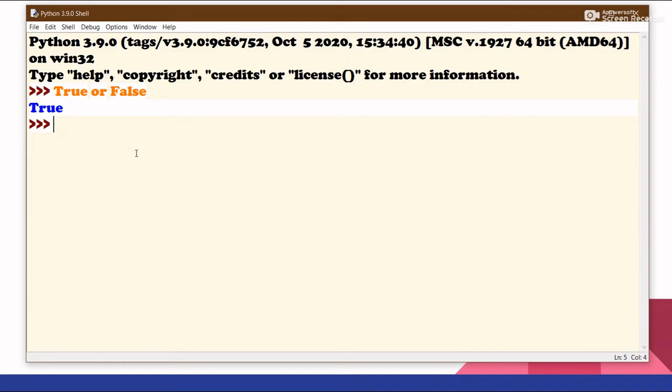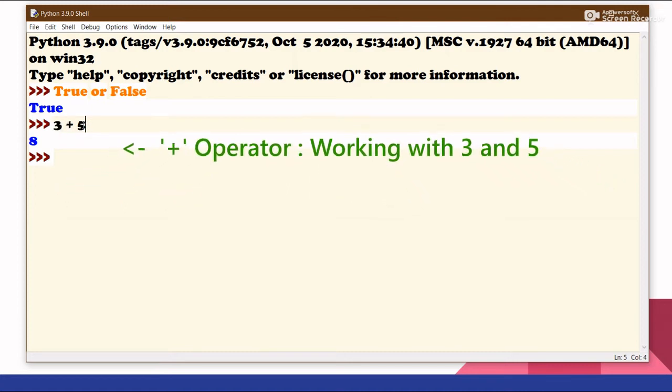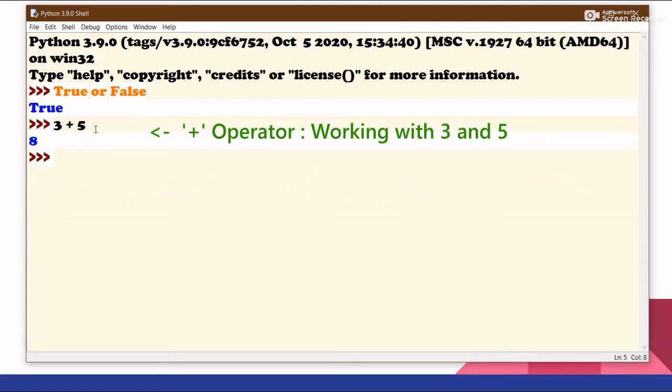Now what exactly is going on? Basically the OR operator is working on these two values, right? Let me just show you with a simple example. Let's say 3 plus 5, this results in 8, right? Here the plus operator or addition operator is working with two arithmetic values 3 and 5, and this results in 8.